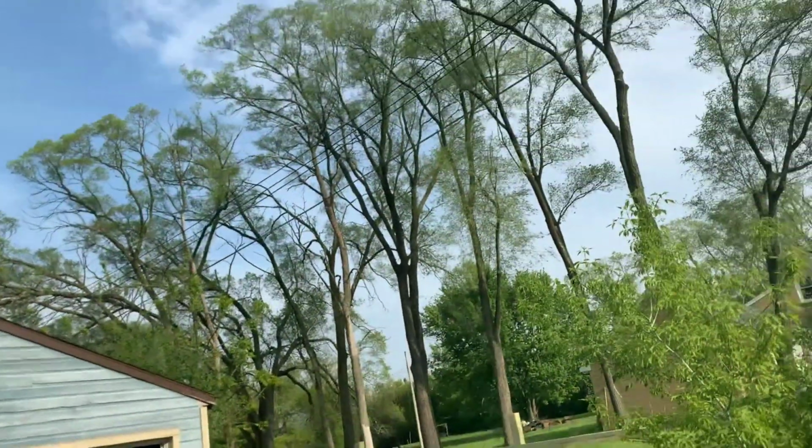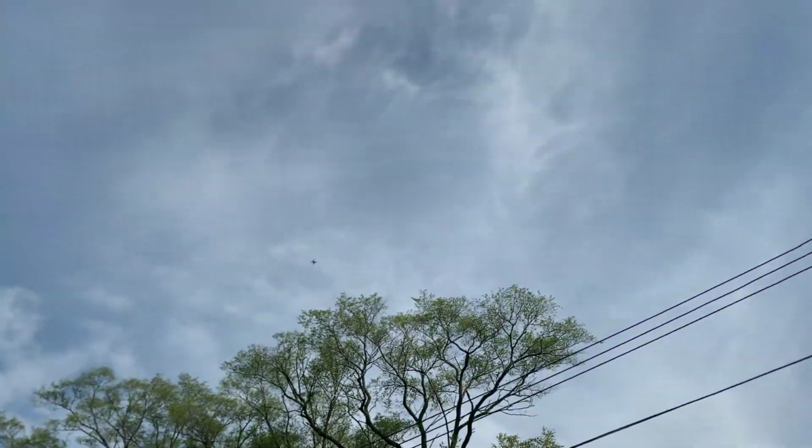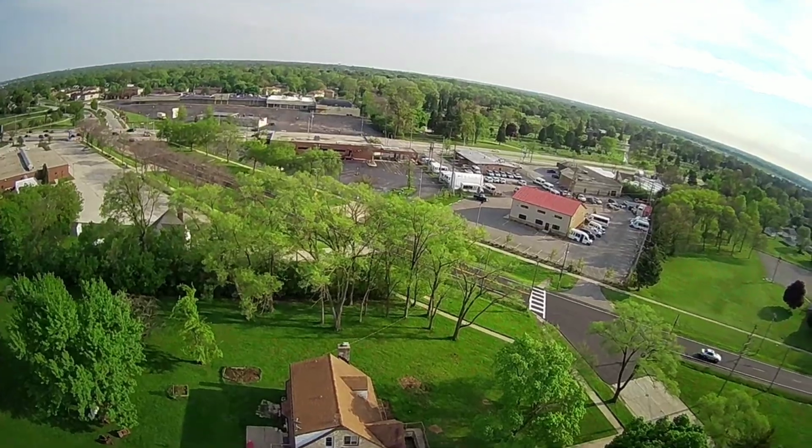Alright, so in the meantime, I'm just gonna say forget it, he's gonna go for a good flight. Let's go for that. I forgot what kind of range this is. It's supposed